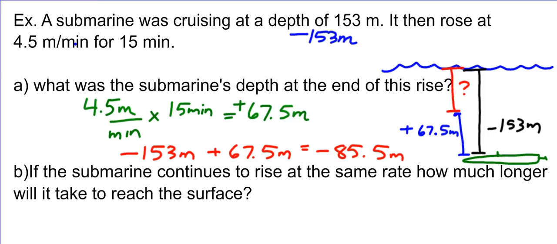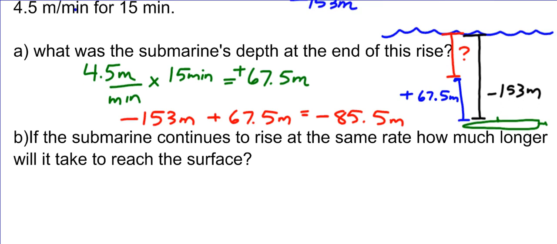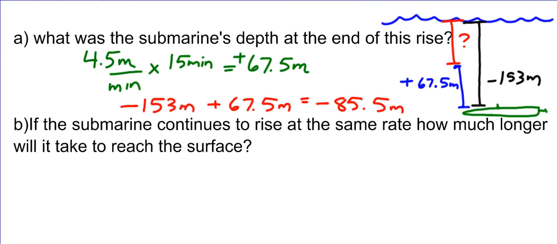So now, if the submarine continues to rise at the same rate, how much longer will it take to reach the surface? So the submarine still has to travel 85.5 meters until the surface. So we have to think, okay, how many times does it have to travel 4.5 meters in order to make up that 85.5 meters? So the easiest way to do that is to go